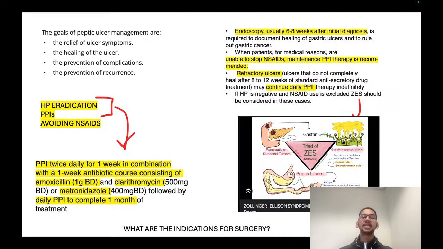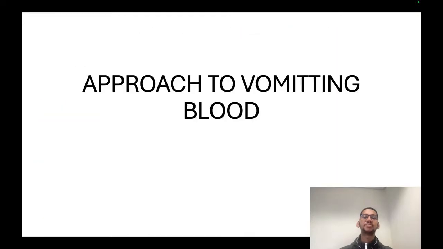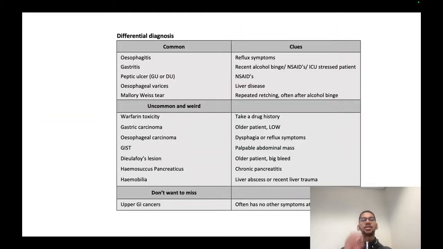It actually brings me to the initial differential approach to a vomiting patient. So, in terms of a differential diagnosis, usually I like to divide into benign and malignant, and then in the benign you have infectious and non-infectious. So infectious would be esophagitis and gastritis. Non-infectious would be peptic ulcer, esophageal varices, Mallory-Weiss tear, warfarin toxicity,